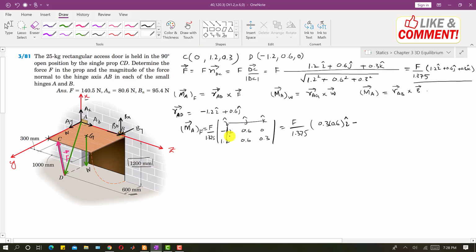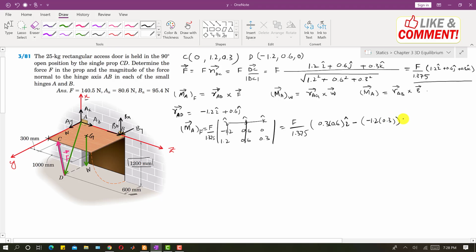For j we write minus to find the determinant, right? So this is minus, and then we will hide this column, right? So we will hide this, and then we will take the determinant of this. So then this will be minus 1.2 into 0.3, and this is minus 0, right?